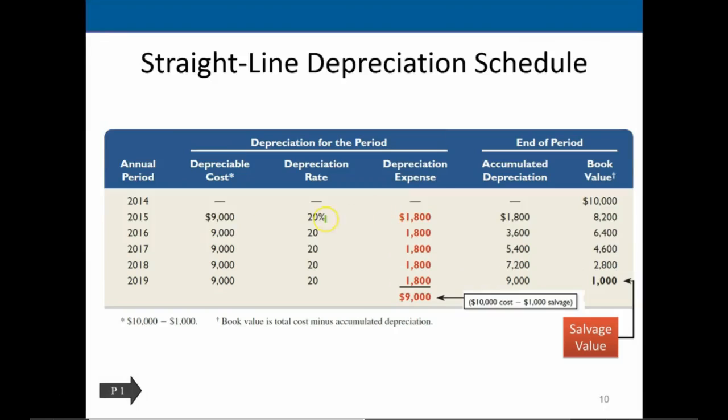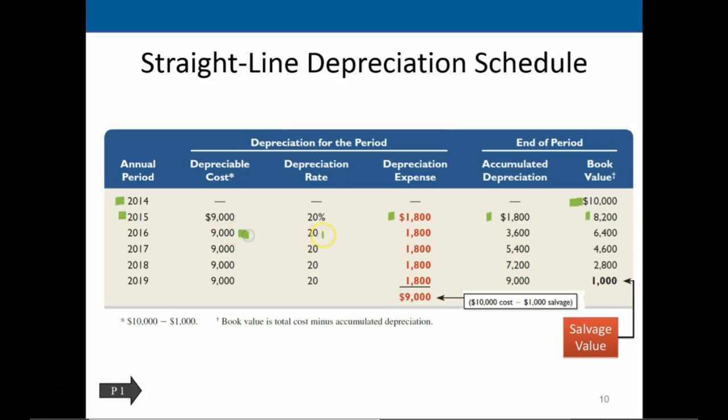If we look at it in terms of a table, we can say here's the original cost when we bought it, and then in 2015, we're going to say the depreciation rate is 20% because it's a 5-year property. So if we calculate the percent on that, it would be 20%. We're going to take the 1,800 per year. Therefore, the accumulated depreciation is 1,800, and the 10,000 minus the 1,800 gives us the 8,200, and the cost is